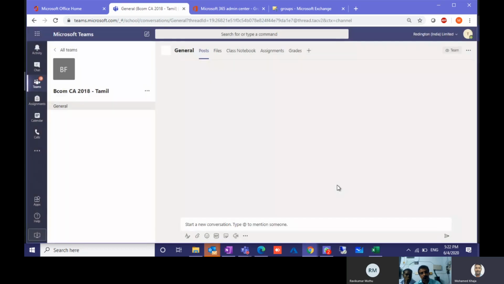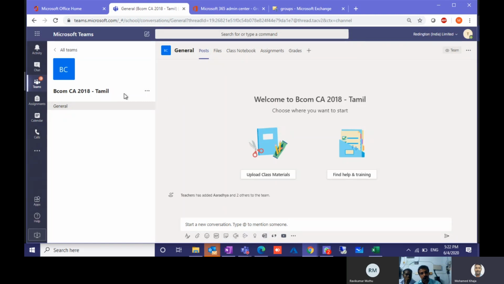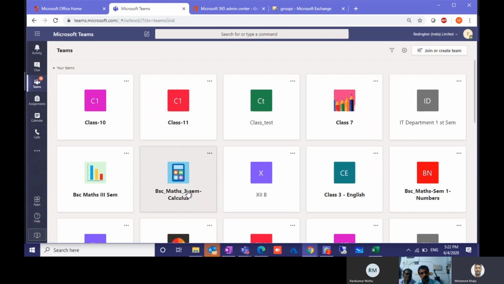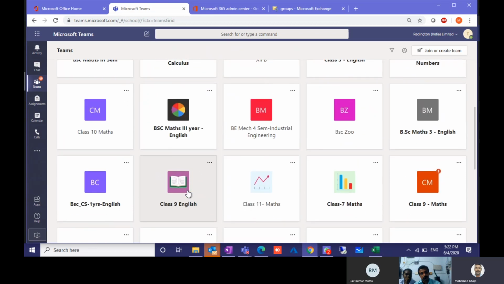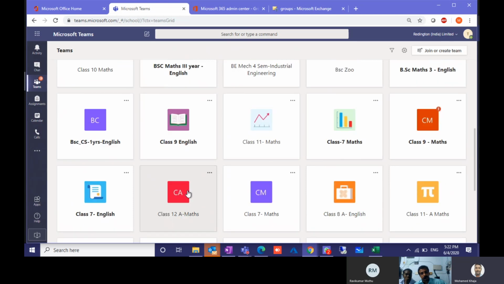For example, this is for CA 2018 Tamil or English. If you are using a combined class, you give the name combined class, or BCom and the other classes that you have.